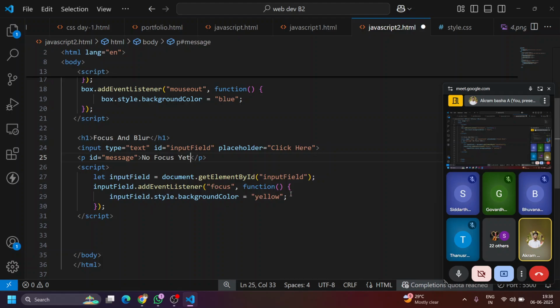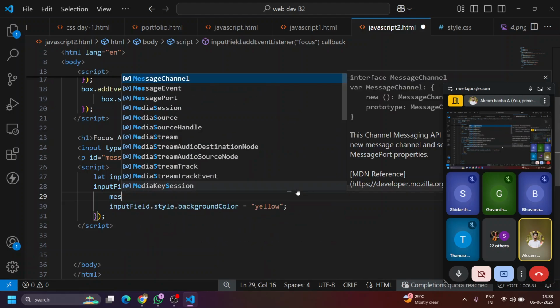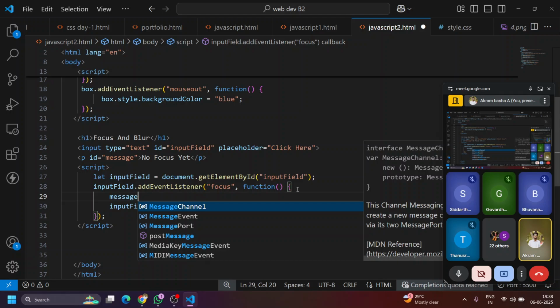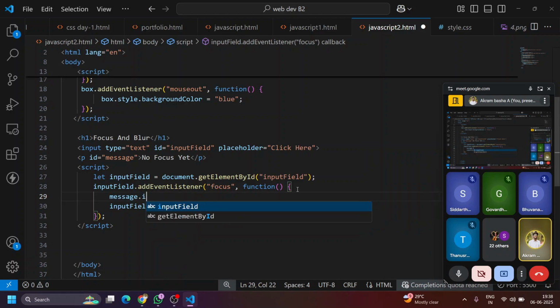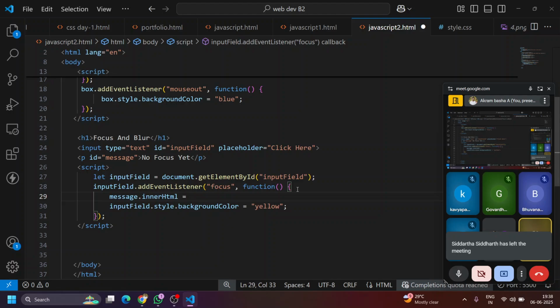Now inside I will mention message dot inner html equals to